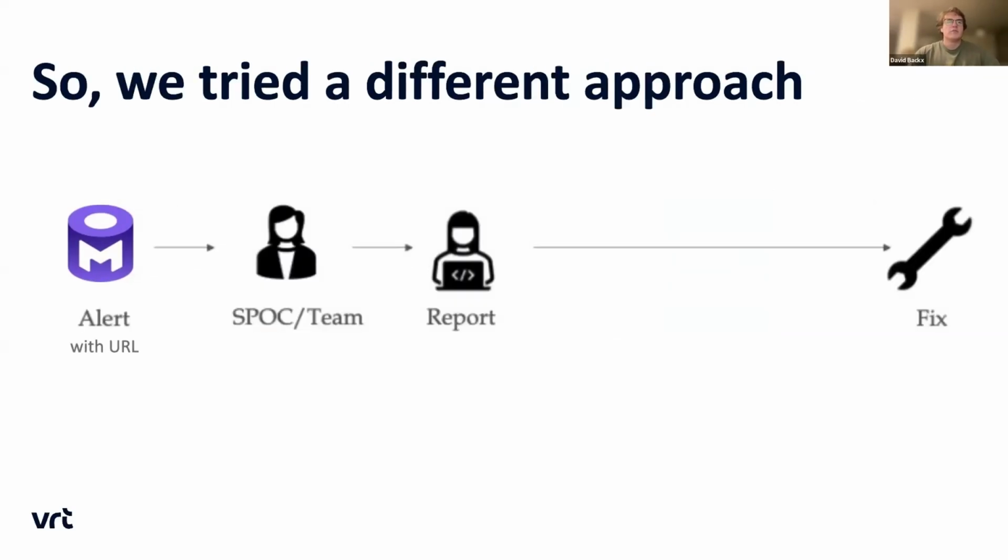So another solution that we tried out was an open metadata alert again. But now we added a URL to the alert, which then gets sent to the Spock team and not to the data engineers anymore. They could then look at the report and find out where the missing or the inconsistent metadata is.